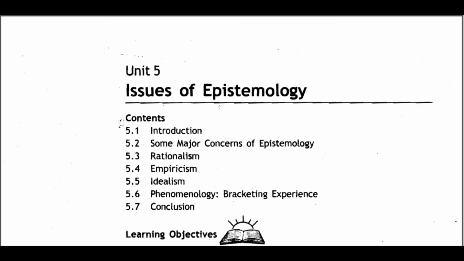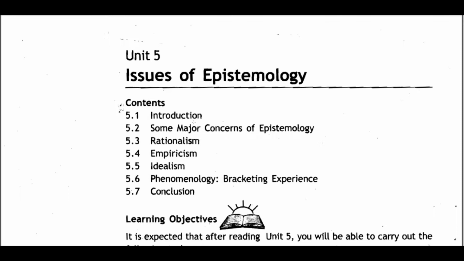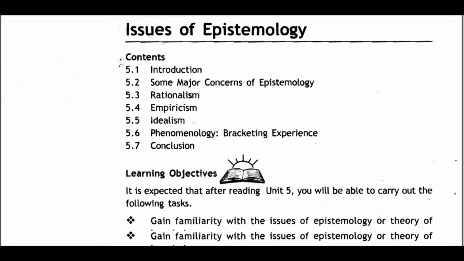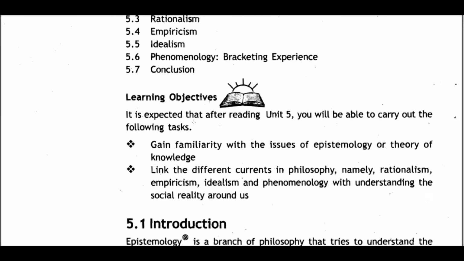Unit 5 Issues of Epistemology. Contents: 5.1 Introduction, 5.2 Some major concerns of epistemology, 5.3 Rationalism, 5.4 Empiricism, 5.5 Idealism, 5.6 Phenomenology: bracketing experience, 5.7 Conclusion. Learning objectives. It is expected that after reading Unit 5 you will be able to carry out the following